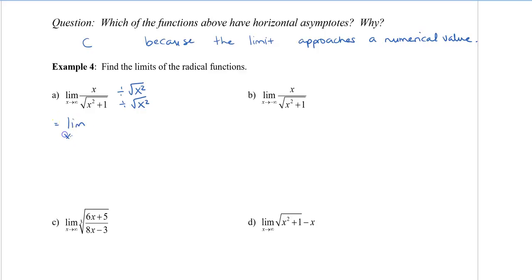So when I do this, now remember the root of x squared is actually just x. So then we have x divided by x, so we have 1 in the numerator. Now when I do that in the denominator, I would be dividing each of these individual terms. So if I actually rewrote this out,